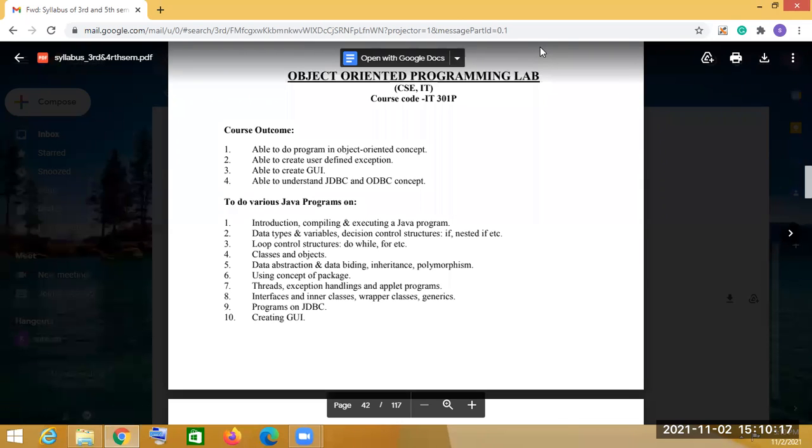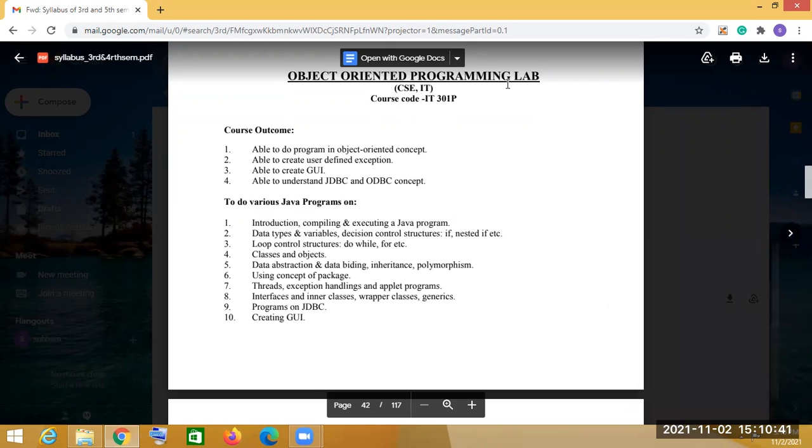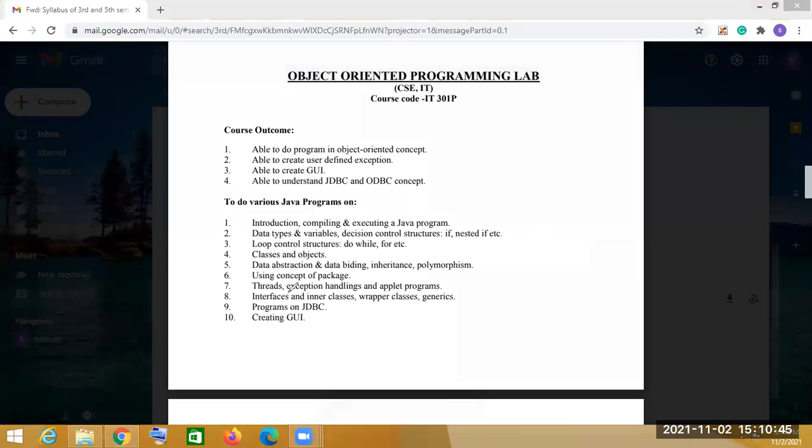Third is the while loop and do-while loop, all of these concepts we will use here. The fourth is the introduction of classes and objects and programming on that. The fifth is data abstraction and data binding, inheritance, and polymorphism, and the concept of packages.